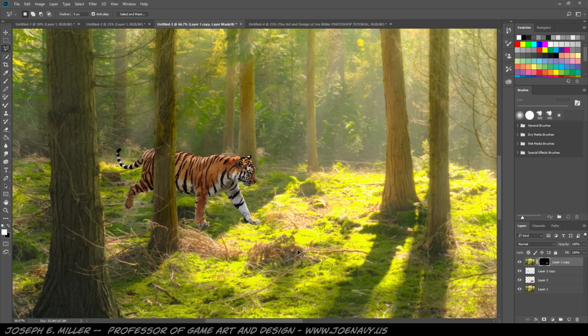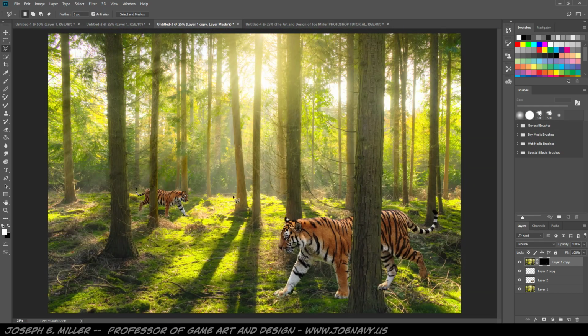Okay. So now that we have that, you'll want to match the lighting. And all you have to do is go to the layer below the tigers, make a new layer, hit B, paintbrush, select Alt for your eyedropper tool, select a nice dark green,